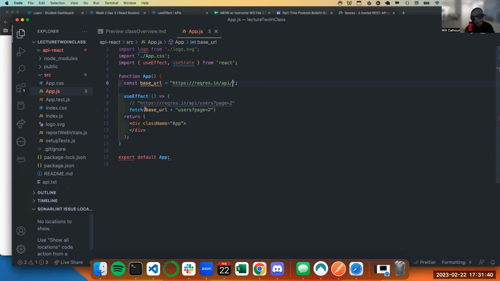That's what fetch is doing. So when useEffect is running, right? When we have useEffect upon this being what we call mounted, it's going to go to this URL. It's going to make my API request to get some information. Now with this, we get a few things back, and let's actually just